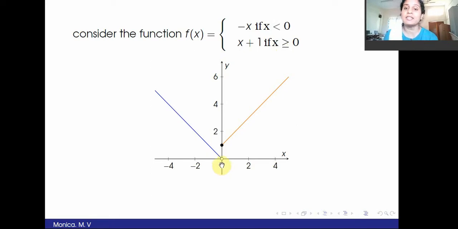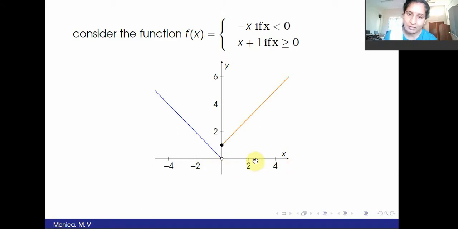I am interested in finding the limit at 0. So, I can go to 0 from the left or from the right hand side. From the left hand side, if I am coming towards 0, I am moving on this function. I am going to 0, going to 0, going to 0. When I come here, I am approaching 0 on the number line. And from the right hand side, when I come towards 0, the function is reducing, reducing, reducing, and it will reach this black dot. From the left hand side, when I reach 0, I am moving on the x-axis, the function is changing, coming down, and it is coming to 0. So, the left hand limit is equal to 0.